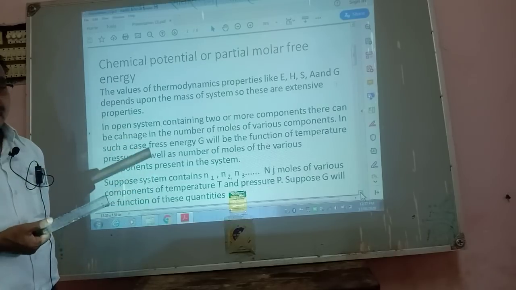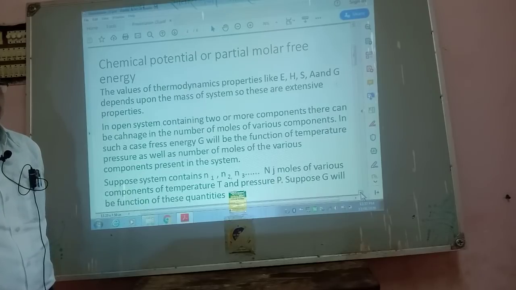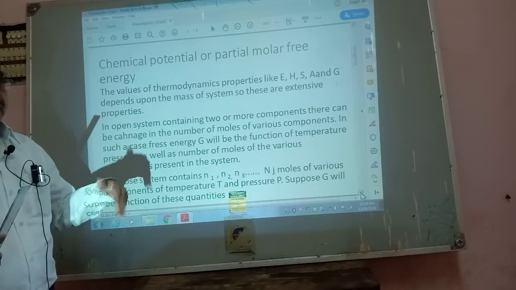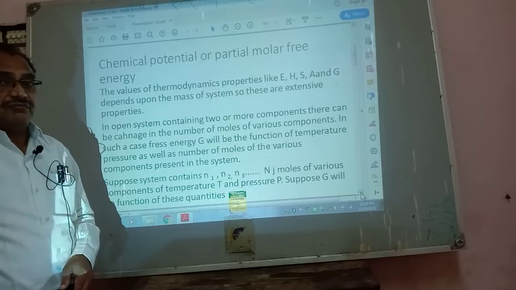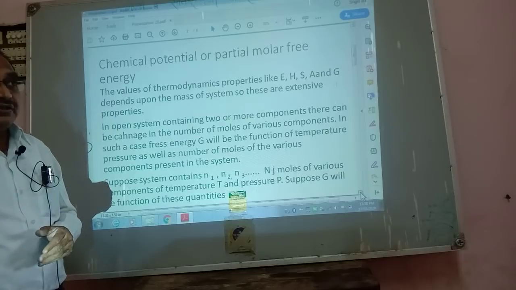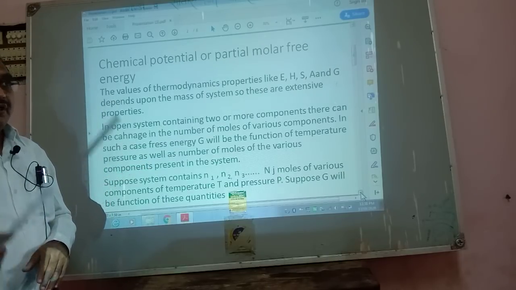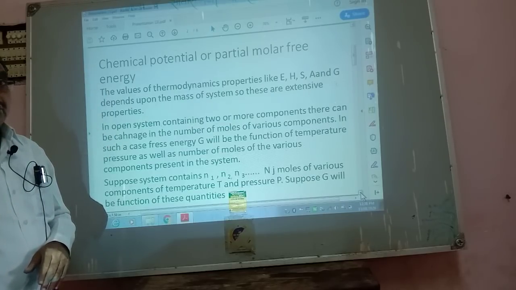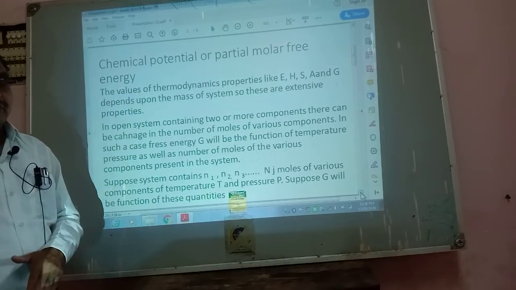density is an intensive property, because if we take 100 ml water or 1000 ml water, the density of this water is independent of its mass. The density of 100 ml water and the density of 1 liter are the same. If the volume increases, if the mass increases, its density does not increase. This means that density is independent of the number of moles, independent of the mass of the system, and therefore it is an intensive property.